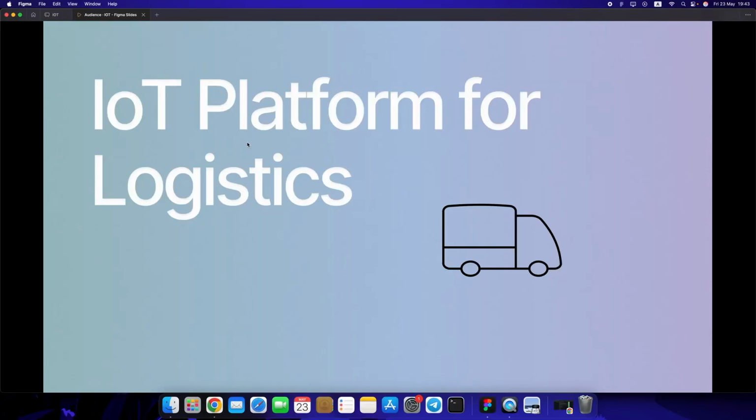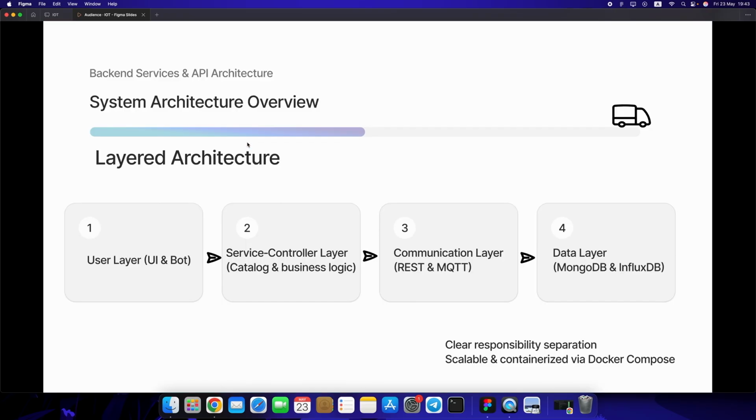Let me introduce you to the IoT platform for logistics. The project was created to help facilitate communication between users and logistics services with the help of the Internet of Things. Let's take a look at the system architecture. I decided to take a layered approach, as I understood that the onion-like model would be best suited for all the needs that we have